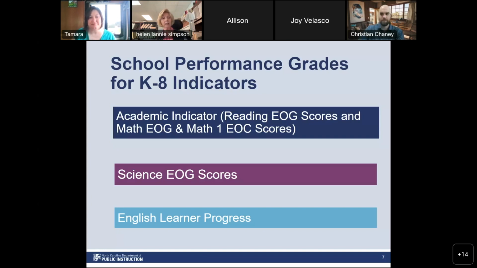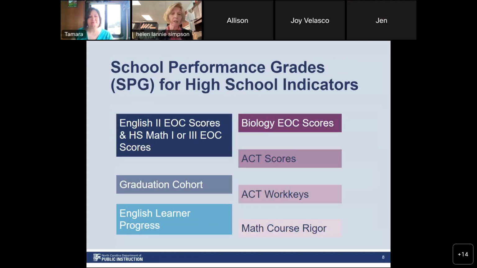And then finally, English learner progress. That is new with the submission of the ESSA plan. DPI submitted this in 2017 to the feds, and they have rolled in English learner progress. And we're going to look at how that affects the 80% proficiency score. These 3 indicators count for 80% of proficiency. Okay. And today we're going to focus on the ELP.